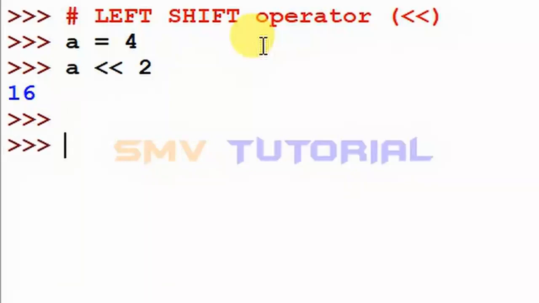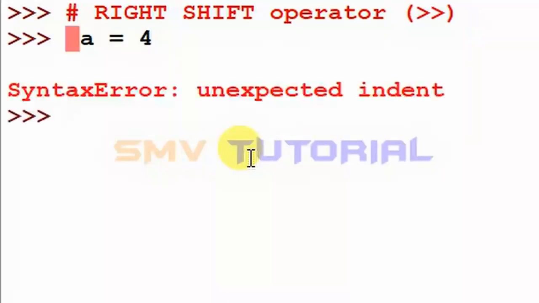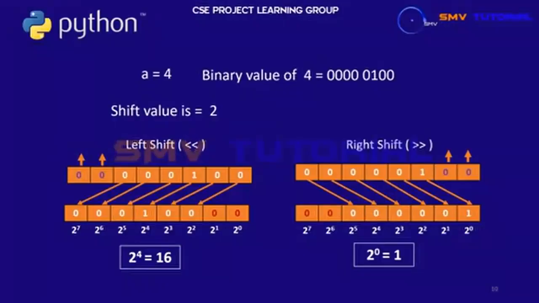And next one is the right shift operator. This right shift operator moves the value to the right side. That is a is equal to 4 now. Sorry, one space for assigning the value, so a is equal to 4. And next a shifted right 2 shifts, hit enter, it is 1. Given 1, I am explaining that with one slide. I am opening that slide this time. Okay, this is that slide.